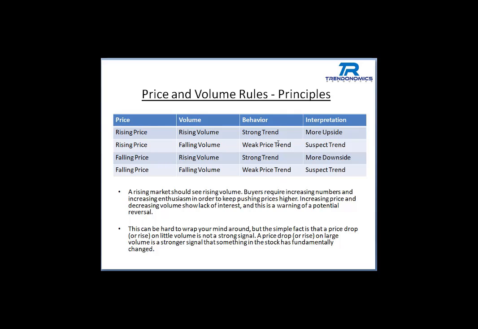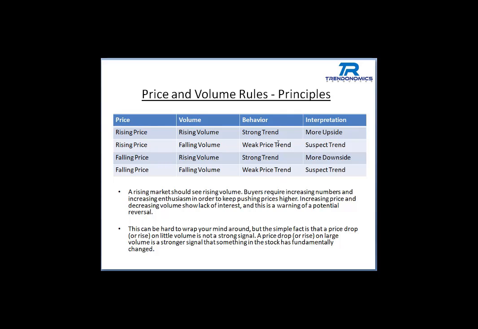But on the other hand, when you see the share price of a particular stock falling and you see a rise in volume, it tells us that that trend is strong and you will see more downtrend, because it means that a lot of people are willing to sell and the share price is trending down. So the fourth scenario is this: when you see the share price fall and you see volume also fall,